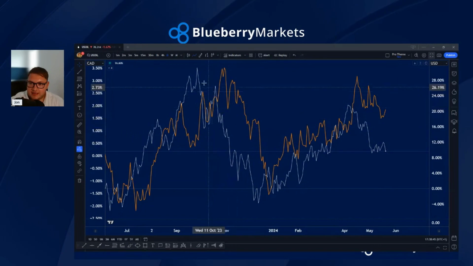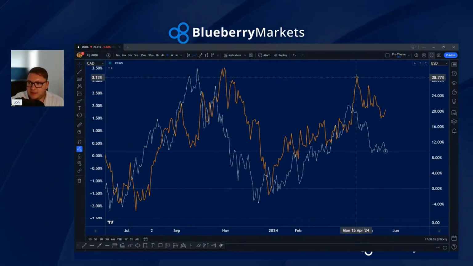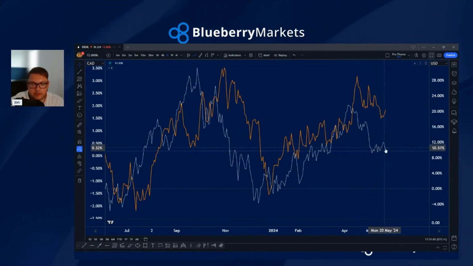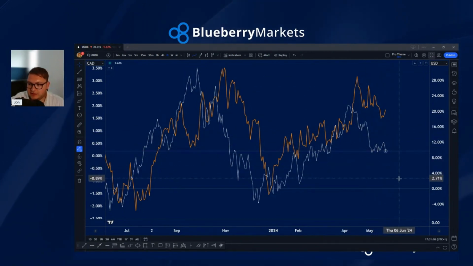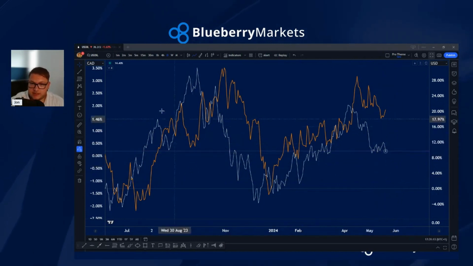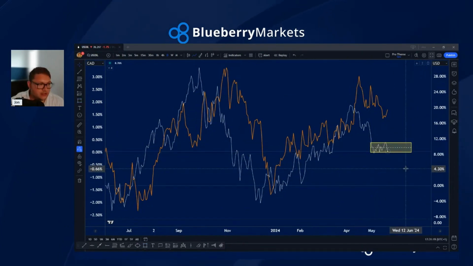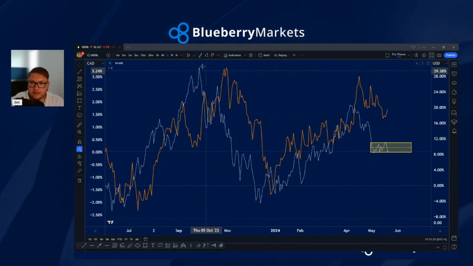And you can see again the correlations between them. It's exactly the same chart as what I showed you earlier, just in a different format. But you can see obviously oil prices peaked, we started to move lower, and dollar CAD prices followed that. Look at what we're seeing here on oil at the moment. It doesn't look very bullish to me right now. We look like we're consolidating in a downward phase, and the market's going to go and seek potentially lower prices. So if we saw a breakout to the downside of this consolidation that's been forming on crude, is dollar CAD price going to get pushed with it? That's what I'm going to be looking for here.